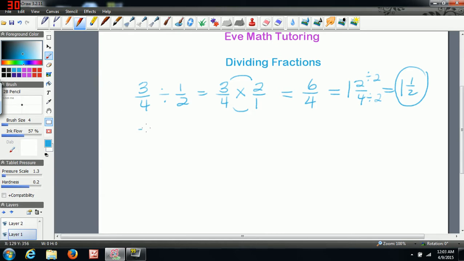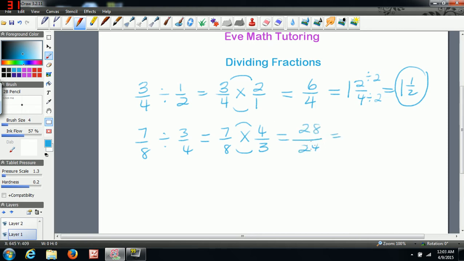Okay, another example we can try, 7/8 divided by 3/4. So again, we rewrite the first fraction, change the function to multiplication, and flip the second fraction. And we always have to do this. This is the only way to solve division with fractions. So then you go ahead and multiply. So it becomes